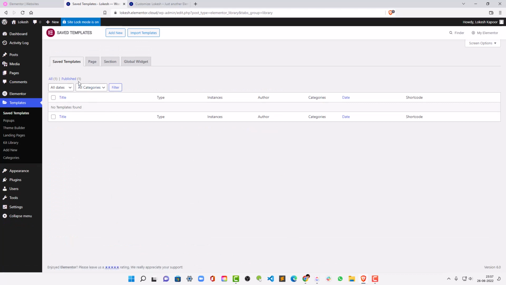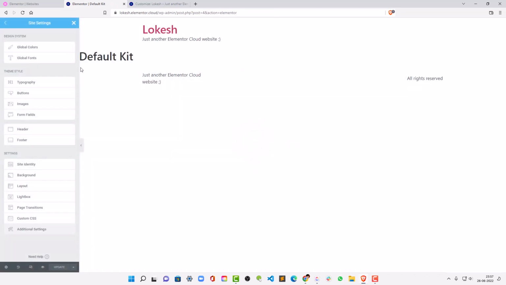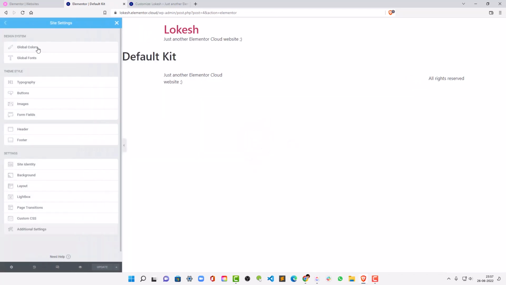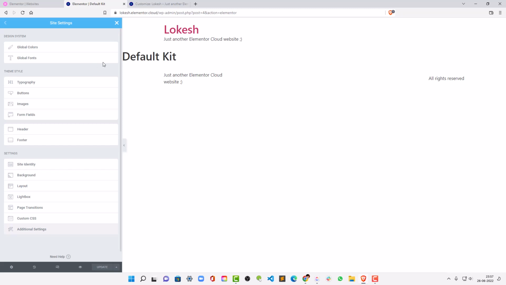Okay, go to your templates, saved templates, go to the published one, and here is your default kit. Okay, click edit with Elementor, and here you can find some settings regarding your kit with global colors. Here you can set the primary, secondary, text and accent color for your website. When you set it from here, you can easily set the colors when you go on any of the widgets. Okay, for example,